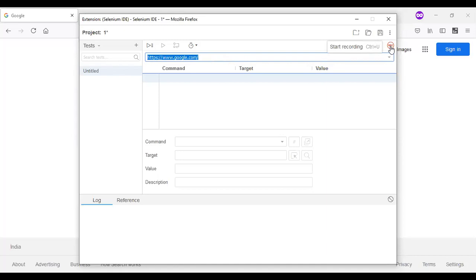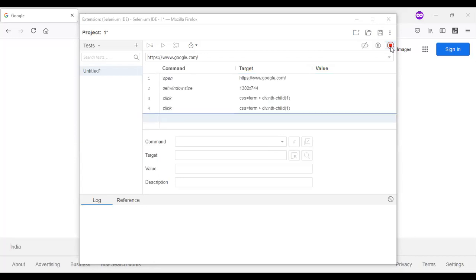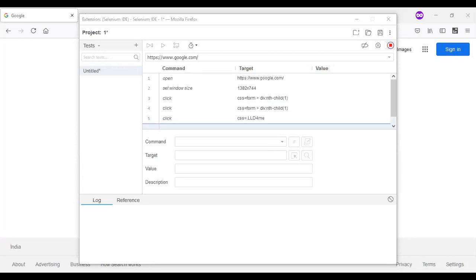What is the first step here? I need to start the recording. You can see here it is recording. I am clicking on the basic thing.